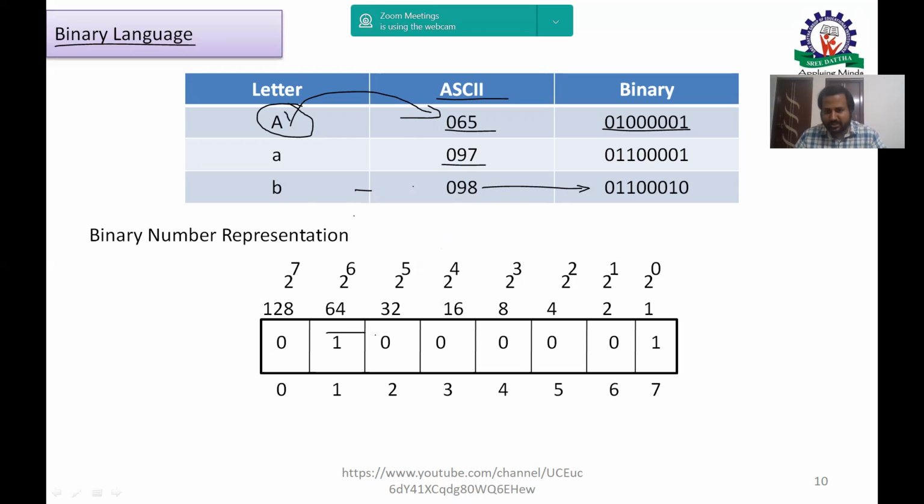It is base 2. Binary code follows base 2, with 1 bit, 2 bit, 3 bit. Like in decimals, we have the first position, 10, 100, 1000, like that. But here it is 1 bit, 2 bit, 4 bit, 8 bit, like 2 power 0 is 1, 2 power 1 is 2, 2 power 2 is 4, 2 power 3 is 8, like that. With base 2 power n, n number of bits, it will increase up to